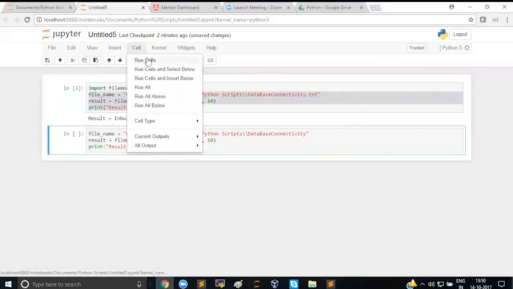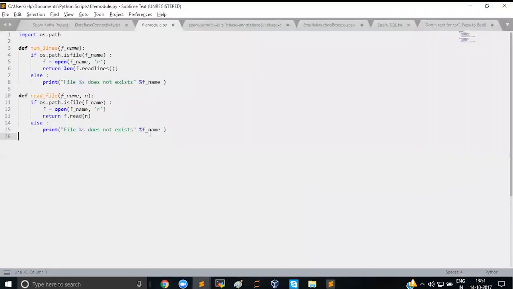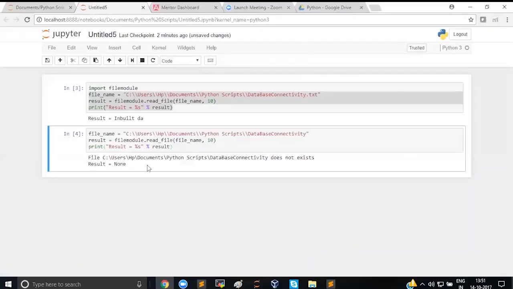So now if I run the cell, the result is none. I'm not getting any result, but I'm getting a message like this file does not exist. So that's perfectly what we wanted to do, isn't it? So that's nice. Okay. So it does not exist. That's good. Now let's check for the num lines feature,